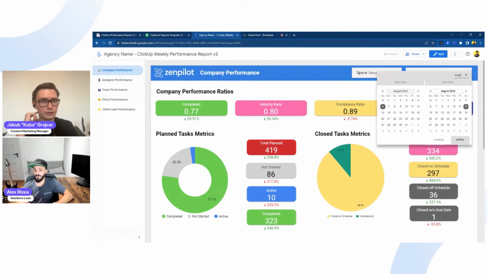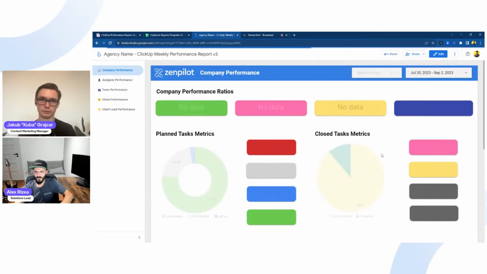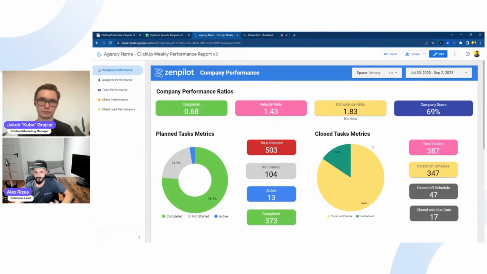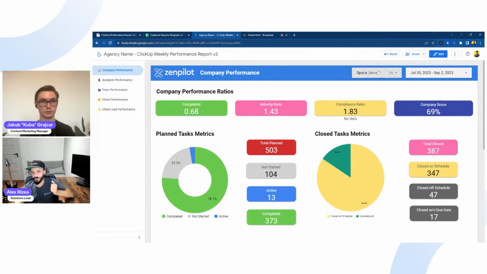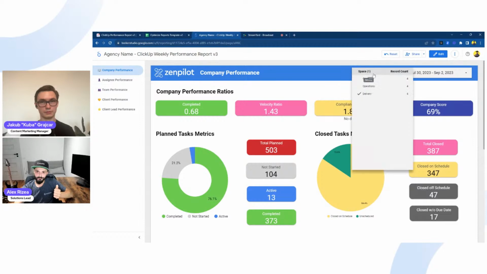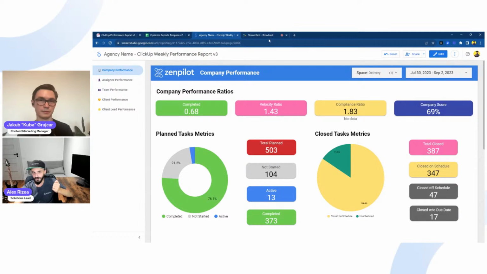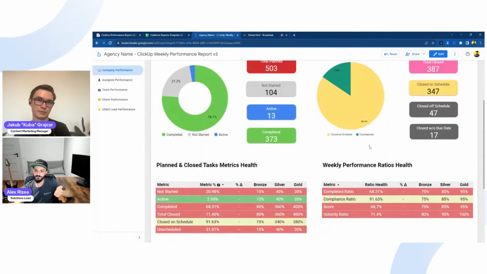So if you're getting this daily, you could look at this daily, see every day differently. For the purpose of this dashboard demo, this is sample data that's just for this week. So yep, I could go here to the previous week for sure, but I probably won't have, or I actually have some data. So you can choose the time range here. You can filter by something like the space that you want to see. Maybe you want to see all the spaces, only one space, see how things are going over there. And you can apply this to a lot of things, like clients, teams, client leads, a lot of stuff. So you can really get very creative with what you want to build here.